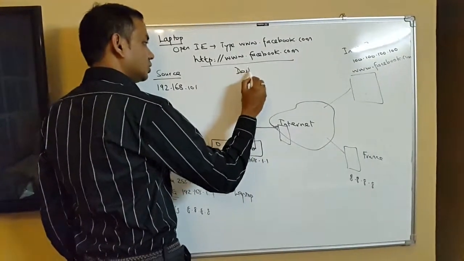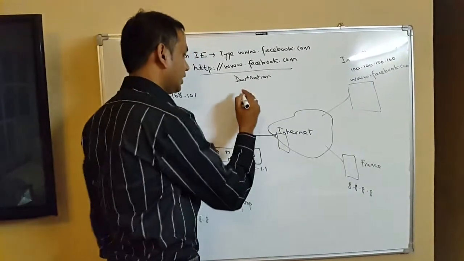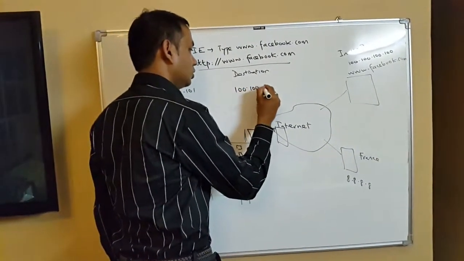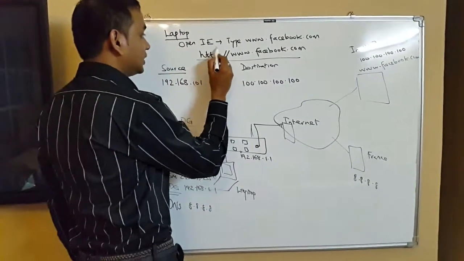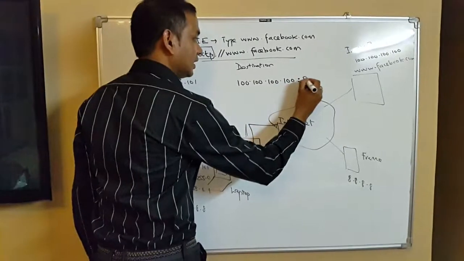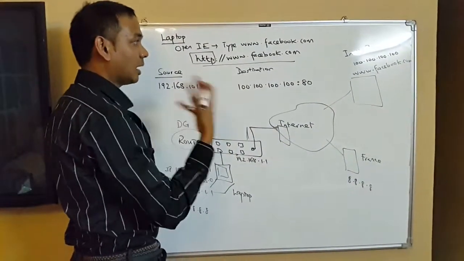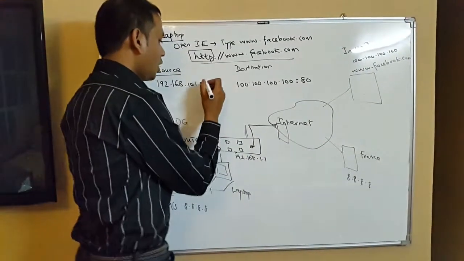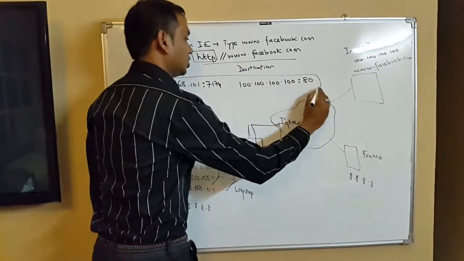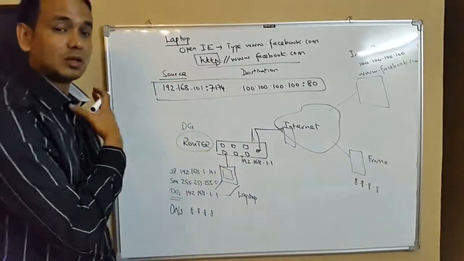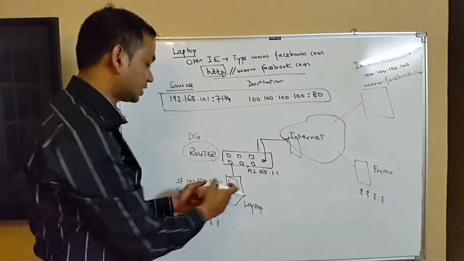My destination is the public IP address of Facebook, in that case 100.100.100.100. It is connected via HTTP, which is port 80. And as I mentioned before, this port will be a random port, any port above 1024, for example 7174. This is the transport layer connection, where it will send all the TCP packets for you to get